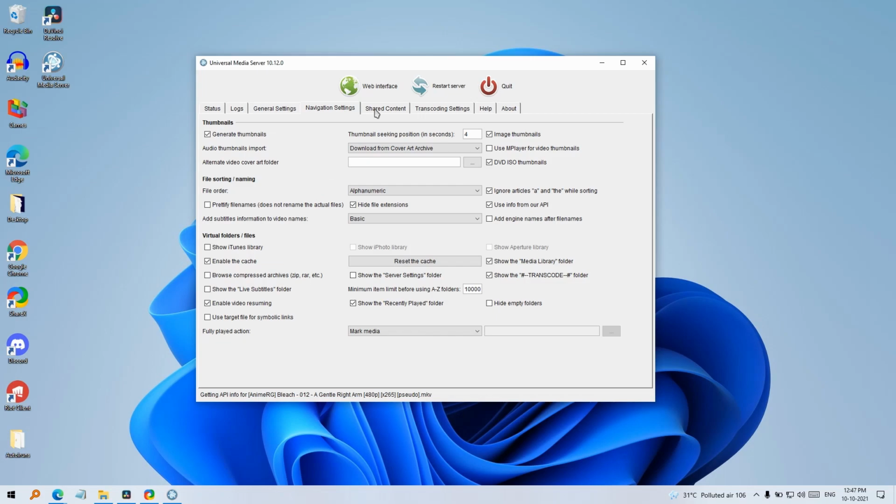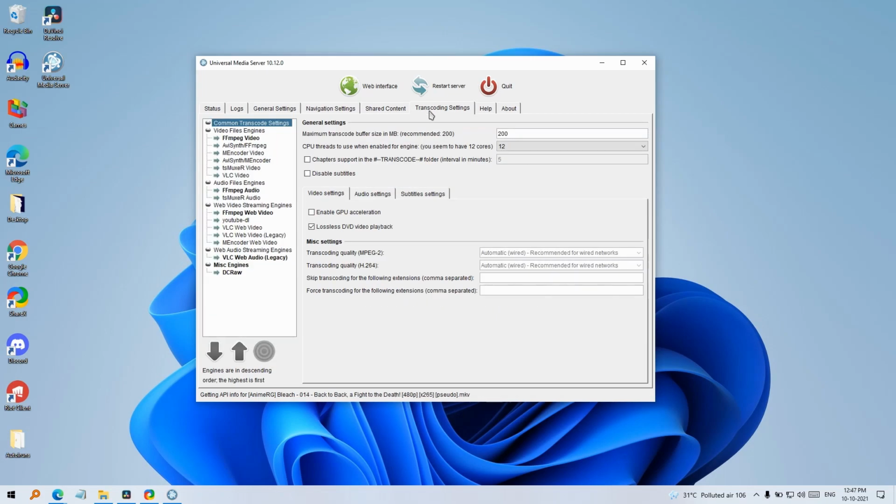Apart from this, we will go to transcoding settings. By default, Universal Media Server transcodes the video playback. Any format you play, it converts to a different format and stores on your local drive on that particular device under a transcode folder.